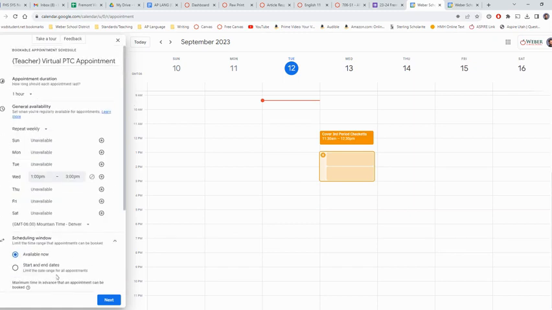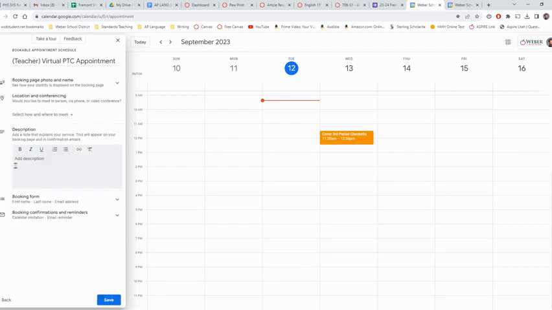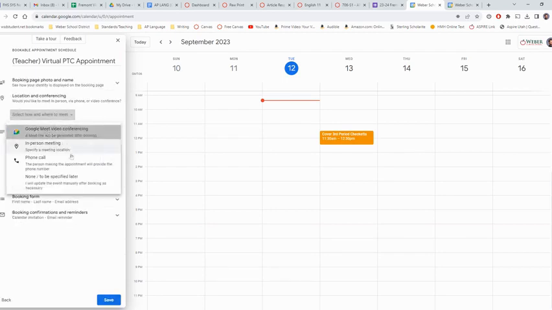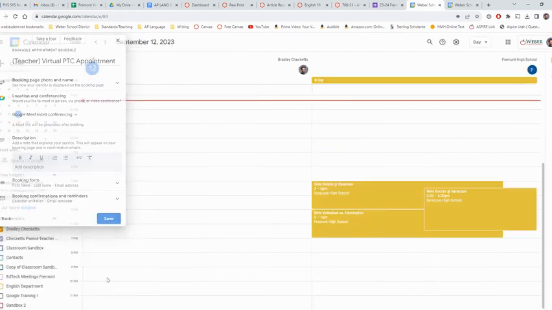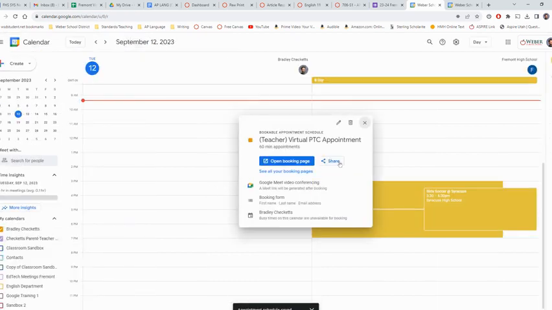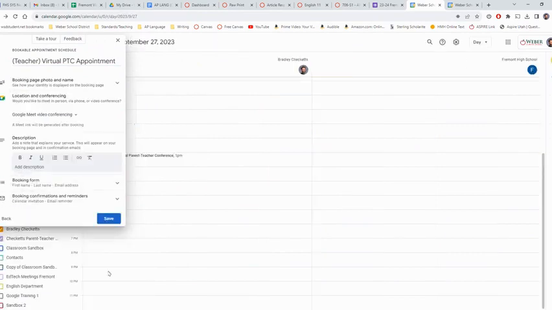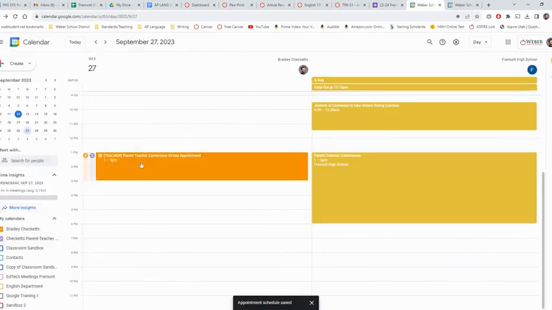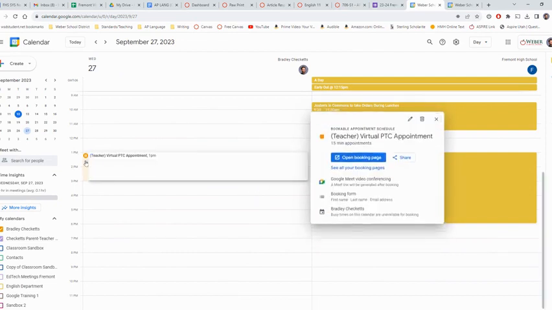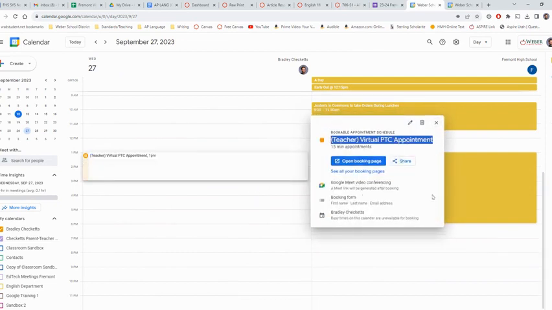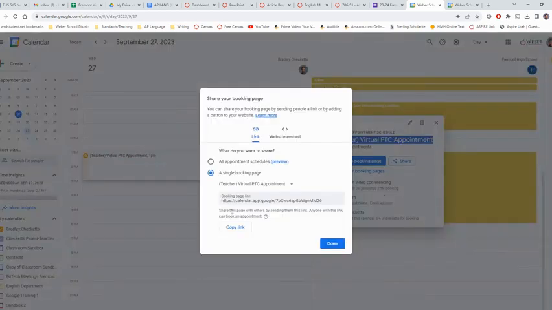So turn off the windows, and make sure it's on the correct date and time. We're not going to repeat weekly. We're just going to do it that one day. And then for location, we just add a Google Meet and click on save. Now I can just share this appointment scheduler. Look at that, I set it for an hour. We want to make sure that we have 15-minute appointment slots. And now I have this virtual parent-teacher conference appointment, and I'm going to share this booking page link with my parents,